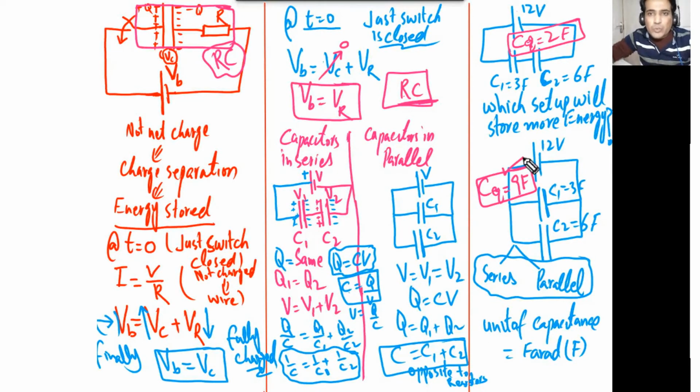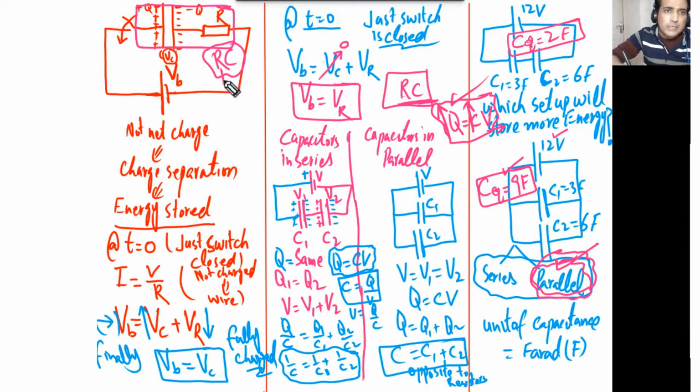So more capacitance, same voltage. You see the beauty of this formula. It is telling you Q is equal to CV. If V is the same and we increase C, the capacitor will store more energy. So this one will store more energy. If we want to connect capacitors in a way that they store more energy, we need to connect them in parallel. Next class we will do calculations and also do more questions about RC circuits,